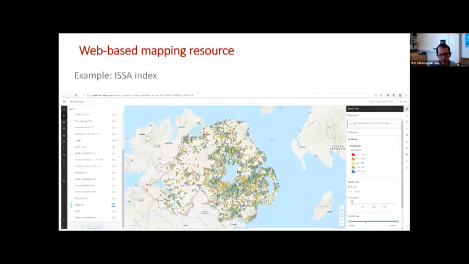This is the index that I've talked about, and this is a screen dump from the resource that I'll look at in a minute. But just to briefly say, the areas with red grid cells are those that have the highest need according to this particular index, and there are any number of ways that you could construct an index depending on your criteria. And those areas that are in blue have the least need, and that's partly accounting for geographical proximity to particular services, but also the age profiles of areas in this very specific case.